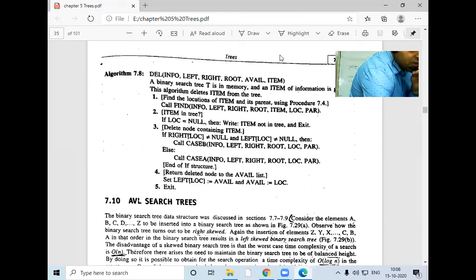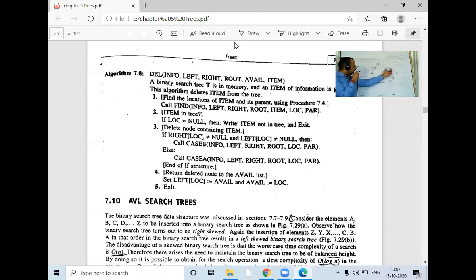But see, there is one thing very interesting here. If you want to bring 46 here, so you have to delete 46 from here. Yes, sir. How many children does 46 have? 0. Which case? A. So in case B, case A will run for sure. Yes, sir. Is it clear or not?